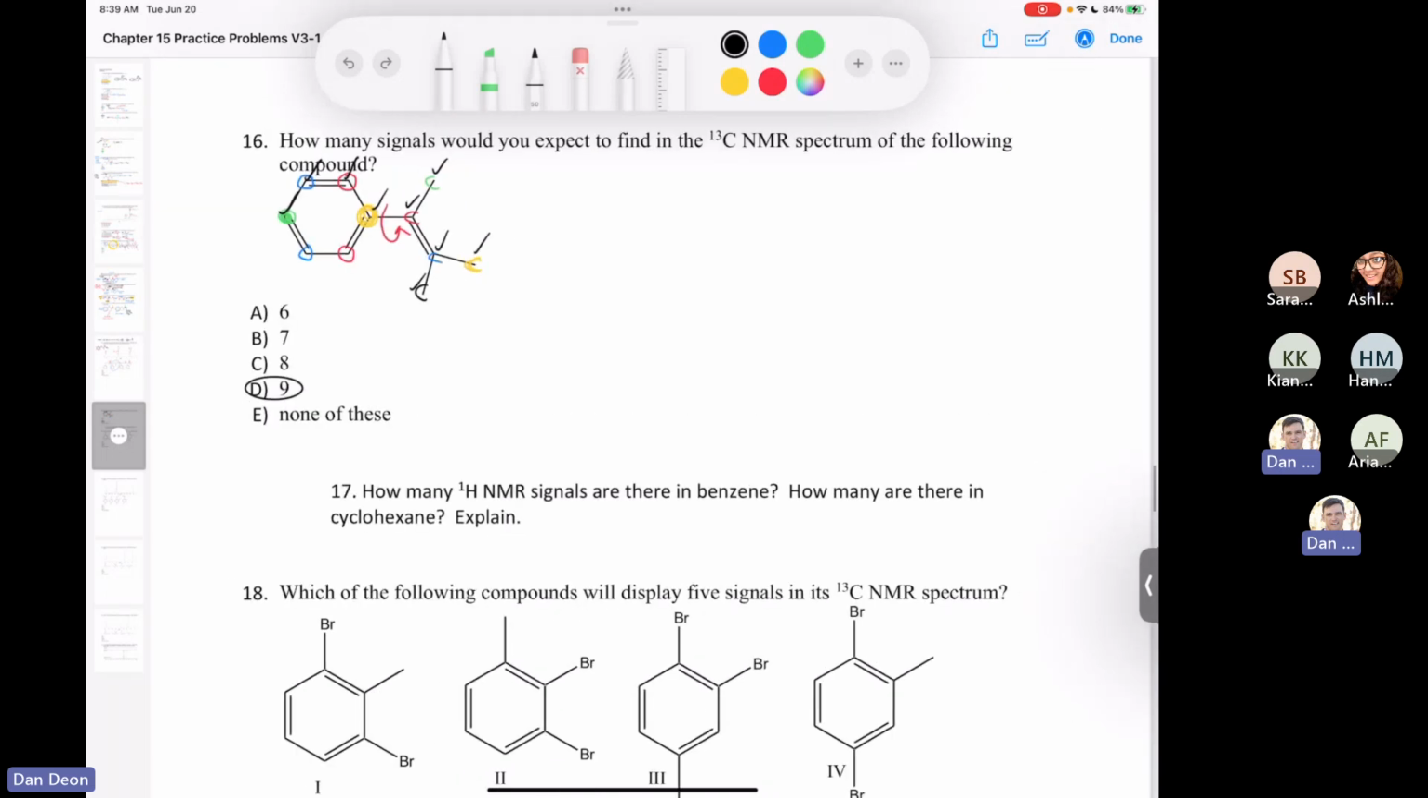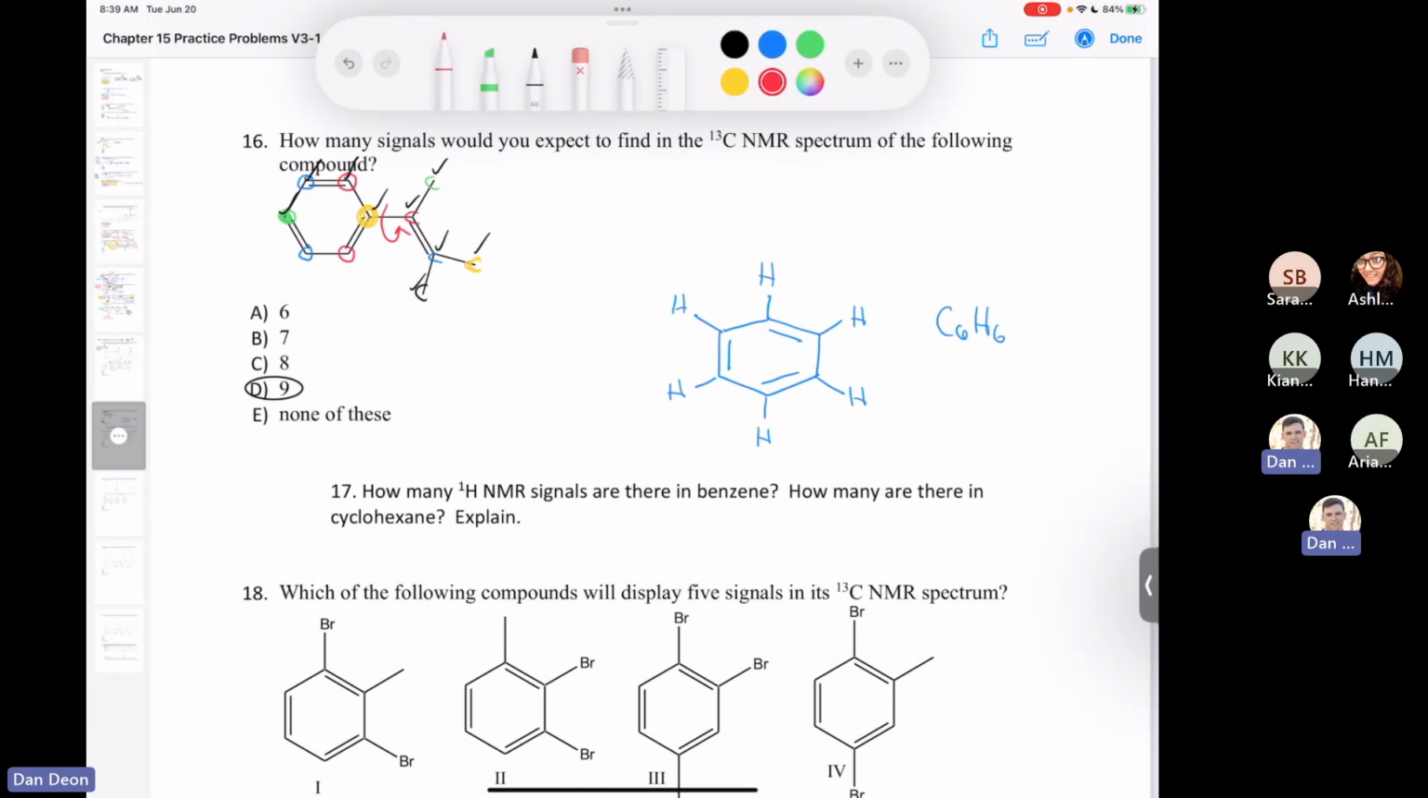The next one, I didn't really give myself a lot of room to answer this, but it just says how many signals are there in benzene. So if we draw the structure of benzene up here, okay, it's got a total of 6 protons. So I'll scribble them all in here carefully. All right, so we have